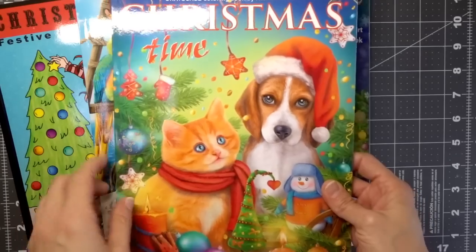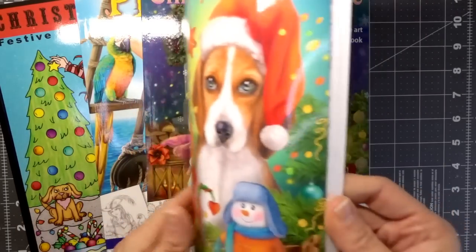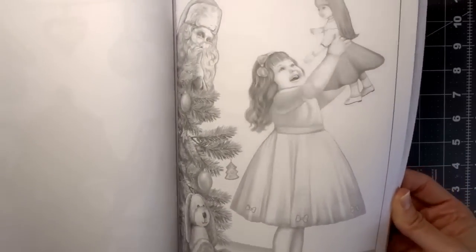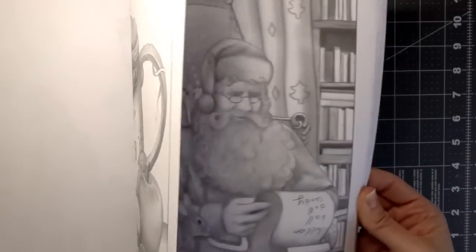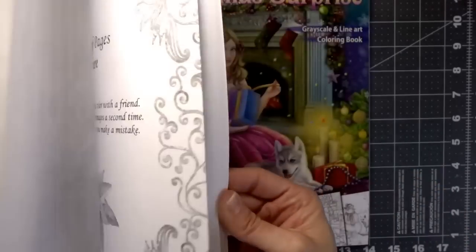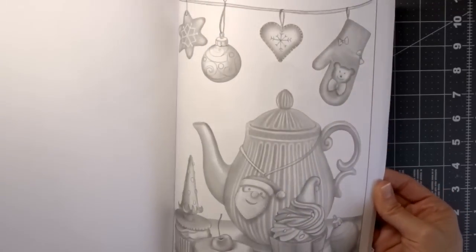So this is Christmastime by Elena Lazareva. It's a gorgeous book, and I will just flip through really quick. It is grayscale. It has some beautiful images in it, so if you still feel like coloring Christmas, even after Christmas, I probably will,